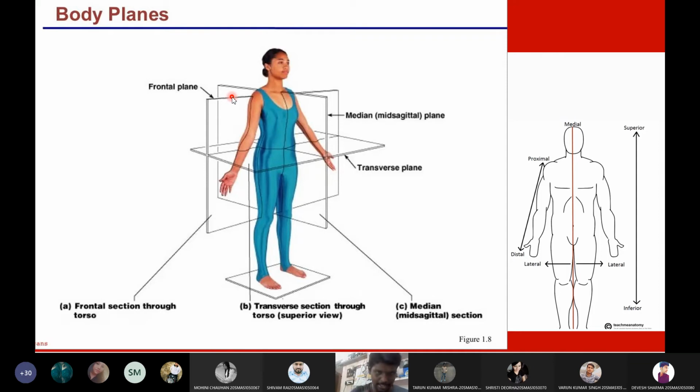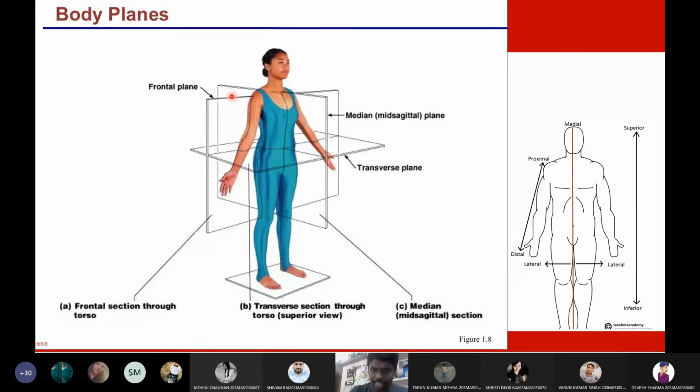Actually, these planes are extensively used in CT scans, X-rays, and all radiological and body scanning techniques. Sometimes we take the lung picture in the frontal plane, and we also take it in the transverse plane. The transverse plane gives the detail of the internal structure of the lungs, whereas the frontal plane gives the anatomical morphology of the lungs. These terms are used for X-ray purposes, and they must be studied in anatomy.